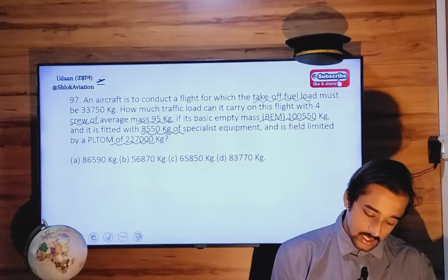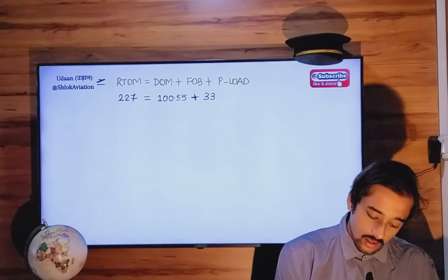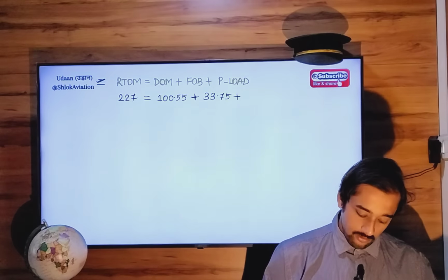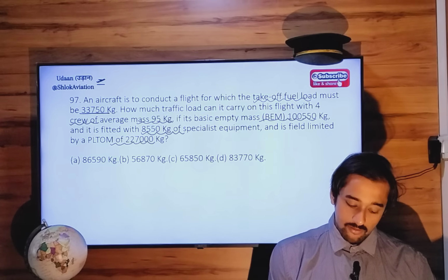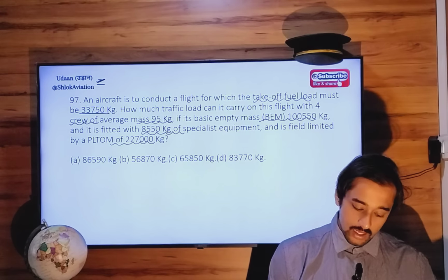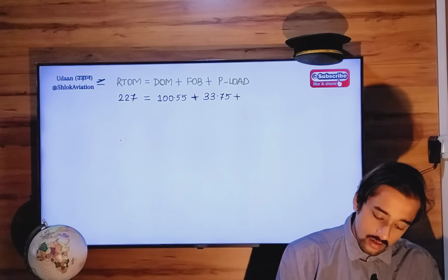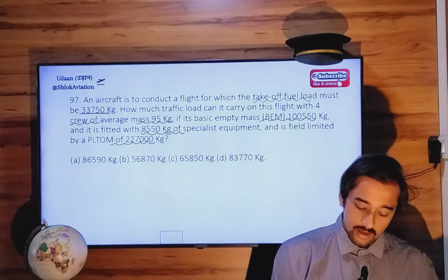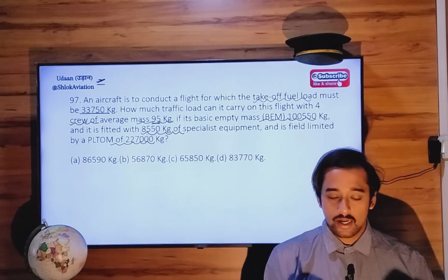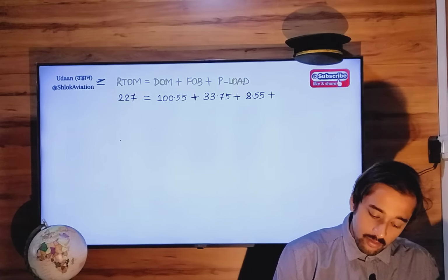Fuel on board is 33,750, 33.75. Next, variable loads. Now, variable loads include special equipment and crew load. Special equipment is 8.55 and crew load is 95. So 4 into 95, because there are 4 persons each weighing 95. So 4 into 95 is 380, nothing but 0.38